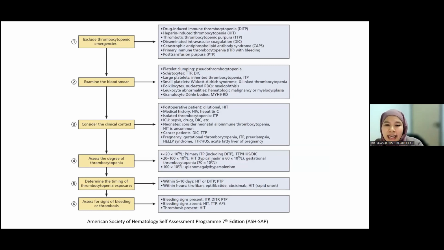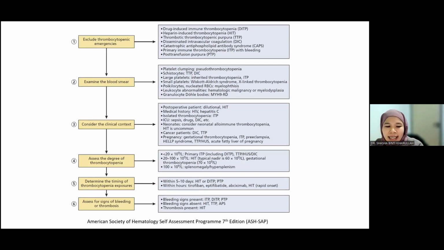We combine important elements of history, physical examination, and laboratory investigations. First of all, it is important to exclude thrombocytopenic emergencies. Now, these are conditions, regardless of the platelet count, that need to be identified early due to their high risk